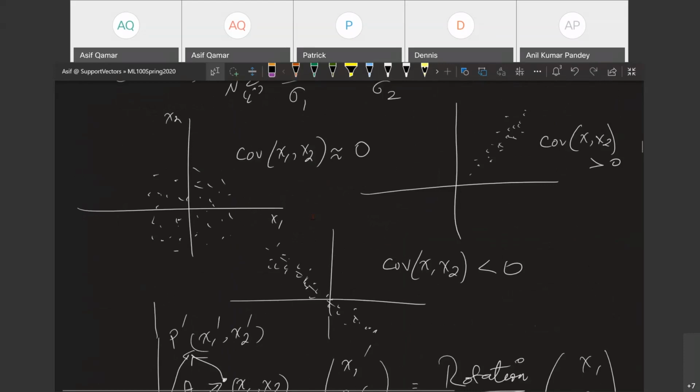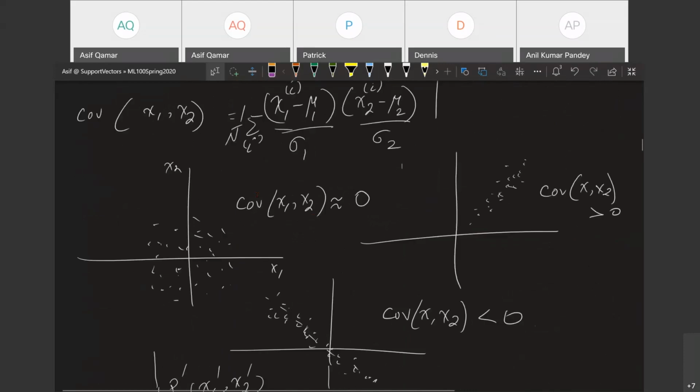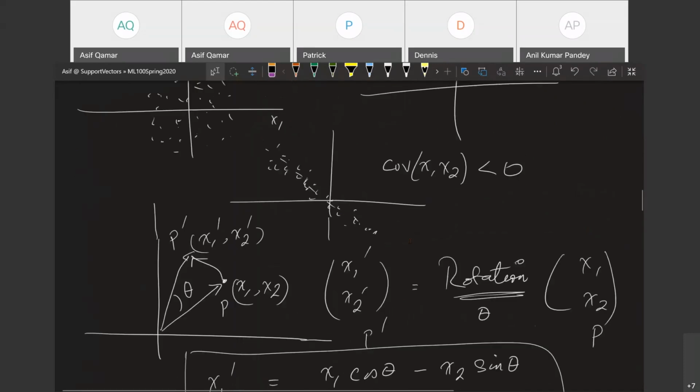So what it does is, when you create a covariance between two things, it means there is a relationship between one and the other. If one increases, the other increases, or contra-varies, increases or decreases one way or the other. Covariance positive means they increase together. Covariance negative means one increases, the other decreases.